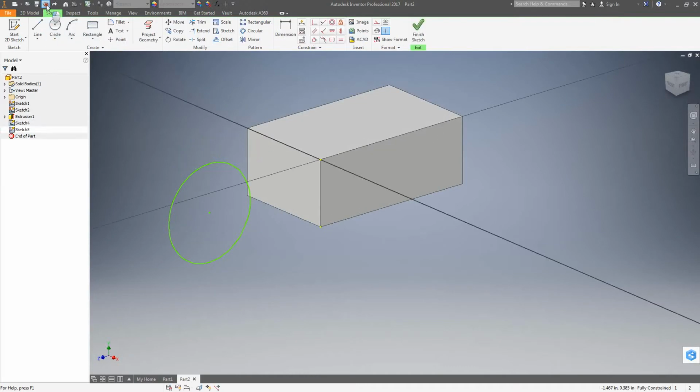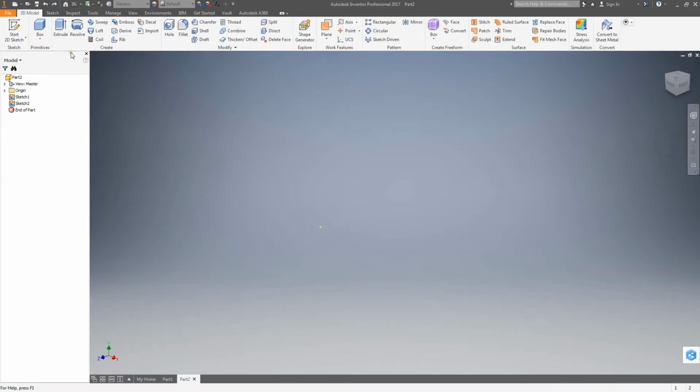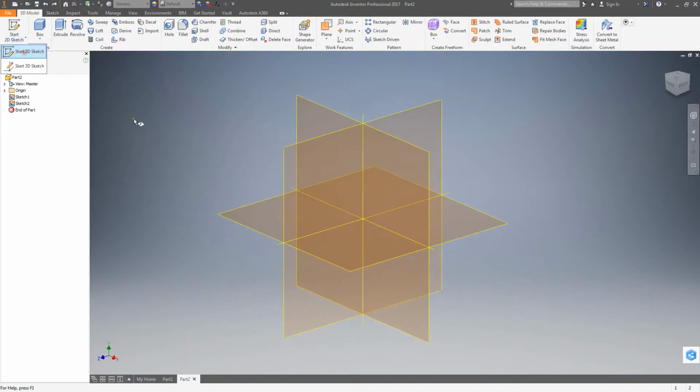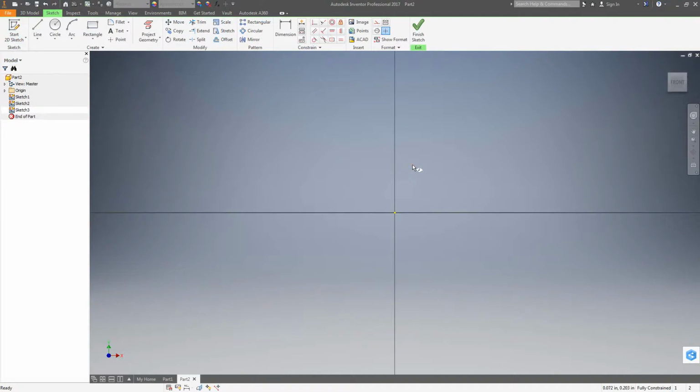Now I'm going to back up here a little bit just so I can get us back to the beginning. So when you go to do a sketch, when you start this 2D sketch, and we'll just pick this plane, as you notice, it sets you up in 2D because that's what you're working in right now, and you have different things that you can use. You can use line. If I wanted to use line like that, and I just hit escape,